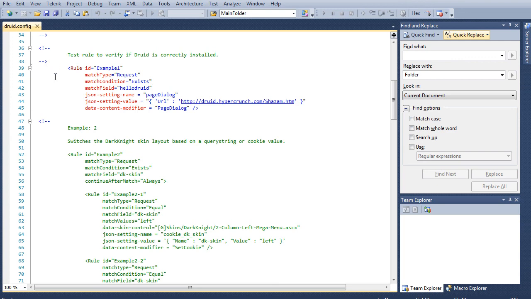So a rule is fundamentally a collection of attributes, and the important ones are, namely, a match type. What is it that you are trying to match? In this case, it's a request. And then a condition. There are different values for conditions, such as exists, equal, greater than, less than, in list, etc. Then the next attribute is match field, what is the value that is